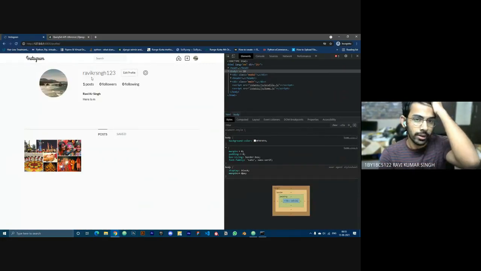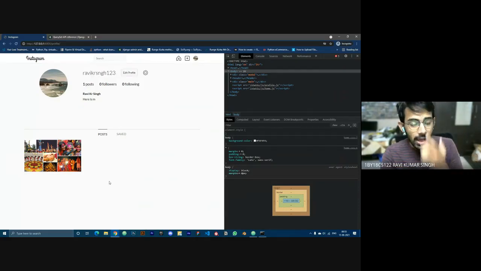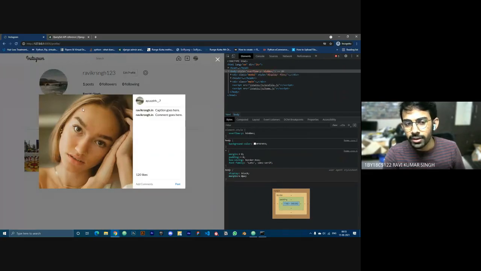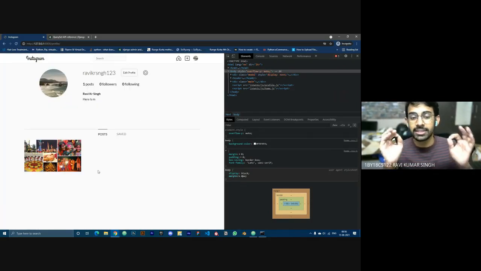So now, and this number is also 1. Now if I click on this, I want this image to be here. The name should be proper, like this username, and the proper caption over here, comments and likes we'll see. So we need all of these things properly. Now we need to basically understand the use case here.